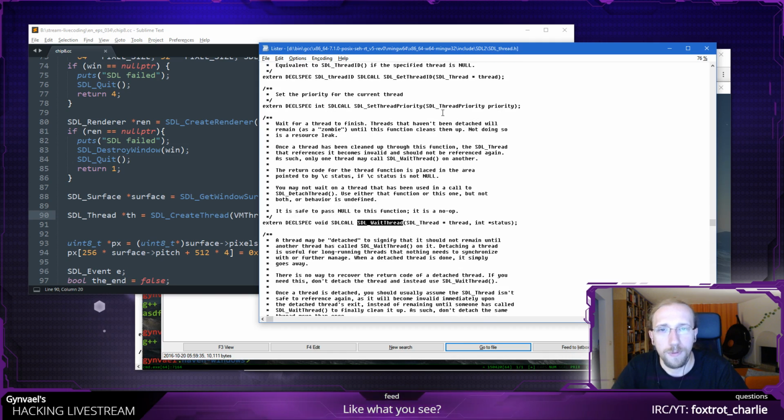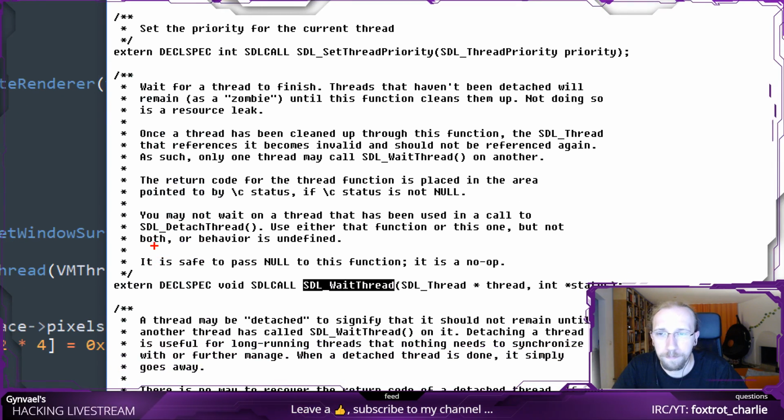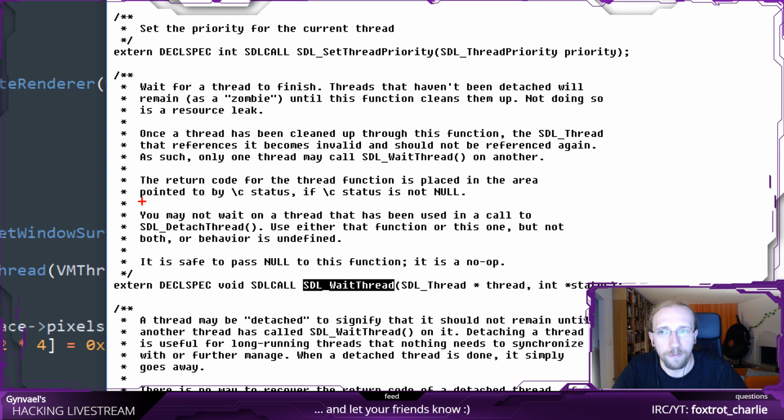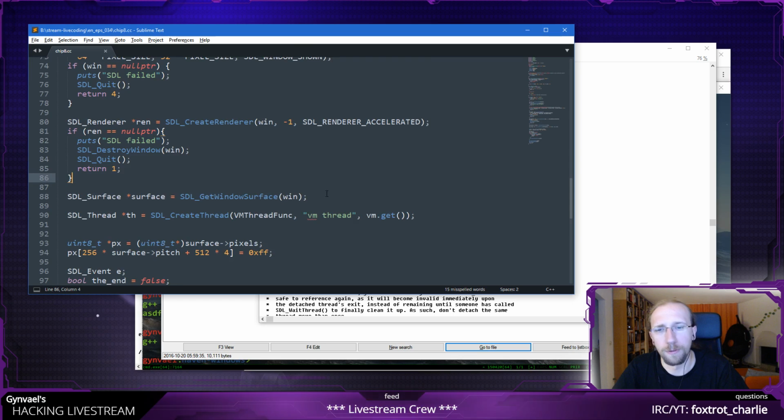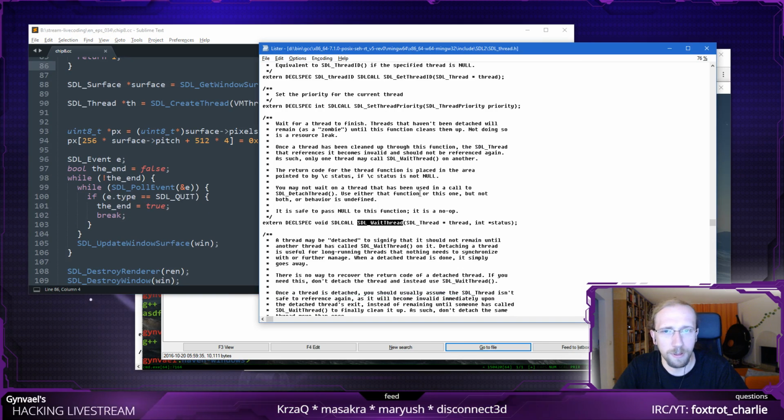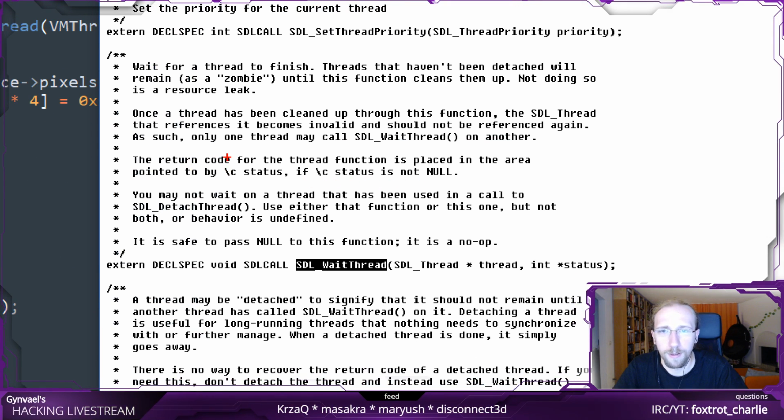Status. What is the status supposed to be? We can detach a thread, but no, we need to wait for a thread. Okay, the status is probably the return value. Can I put a null here? Status is not null, wait. If status, return code.